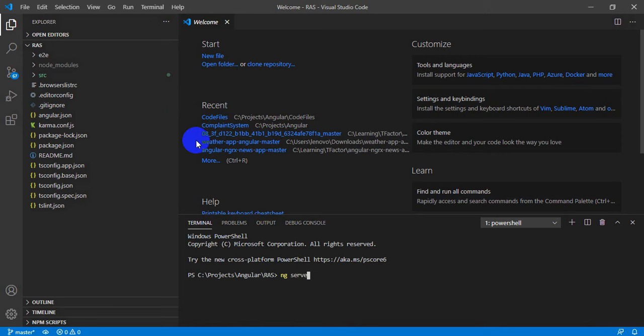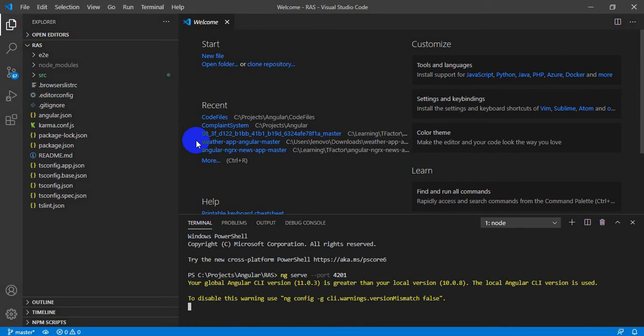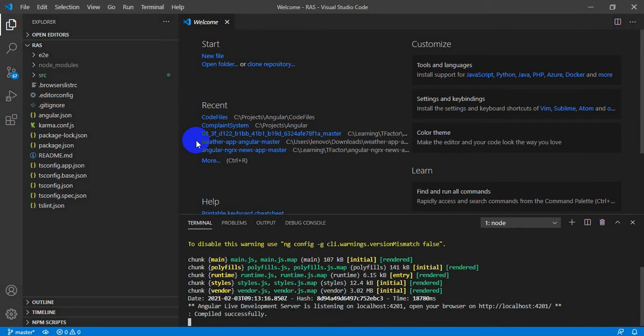We can run it with the port switch, and we can provide whatever port number we want. Now this application will run on port 4201. You can see the URL, and the URL says this application is running on port 4201.